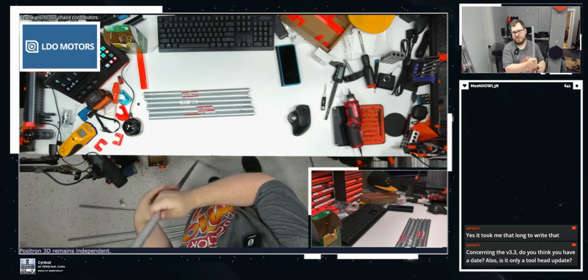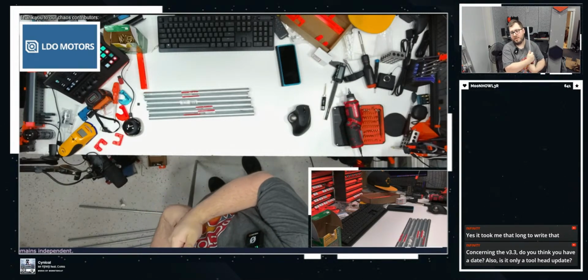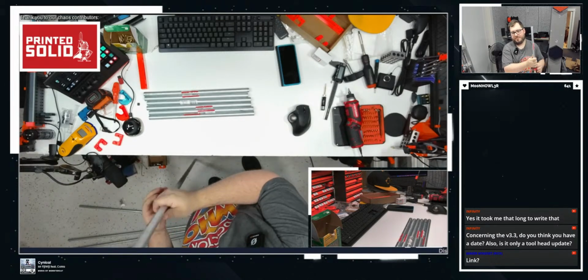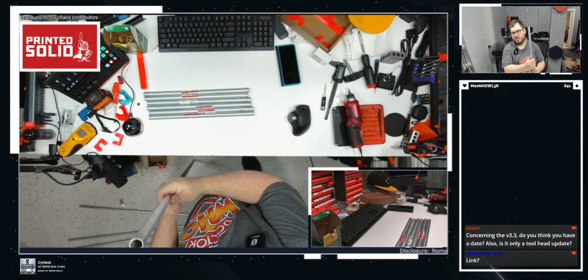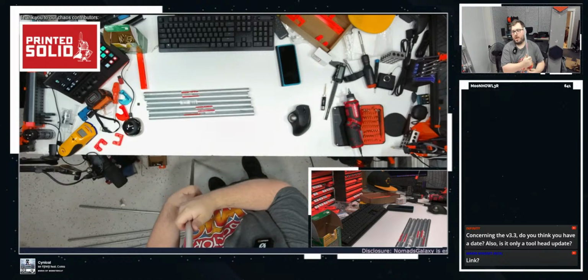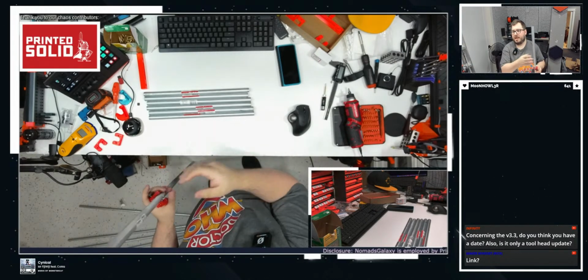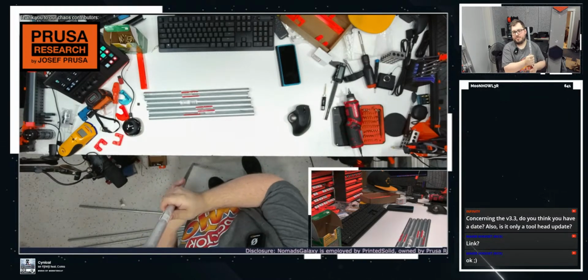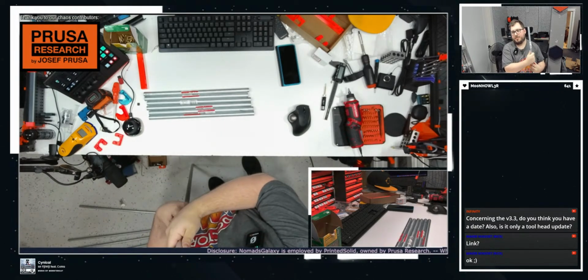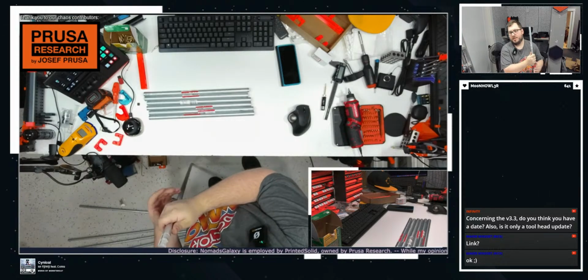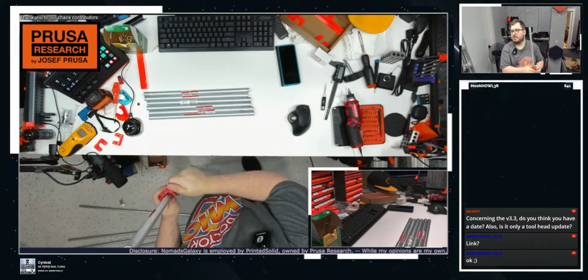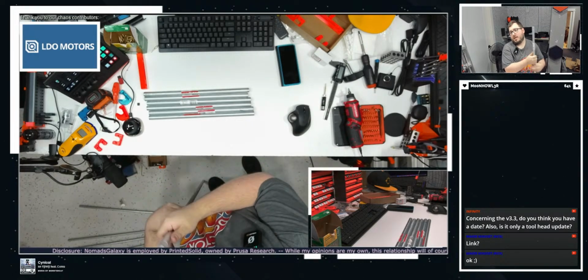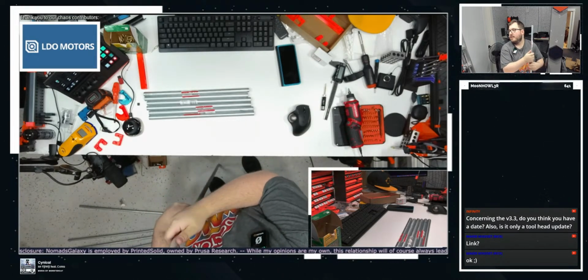You're getting USB ports on the toolhead. No link yet, it is still in development. You're no longer gonna have to wire the toolhead. The toolhead just clicks together. It's all using PCBs. It's an all metal hot end, so you can go beyond 300 degrees Celsius if you want to. So technically you could attempt to print PEEK. Don't know why you'd do that in an open air machine, but if you really hate yourself, you can try that.